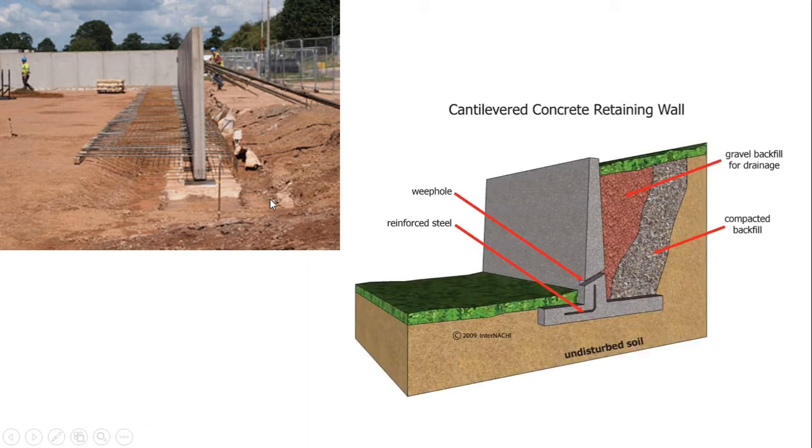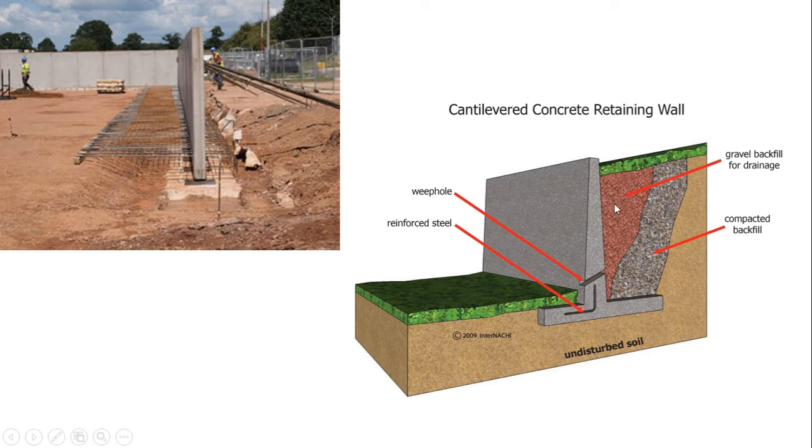Okay. So if we see the various parts of it, or how the cantilever retaining wall is going to retain the load. See here, this is the vertical structure, this is the T-shape RCC retaining wall. This vertical part we are going to call the stem, and this bottom portion we are going to call the base slab. Again, this base slab is divided into heel slab and toe slab.